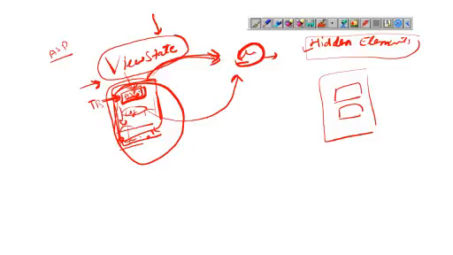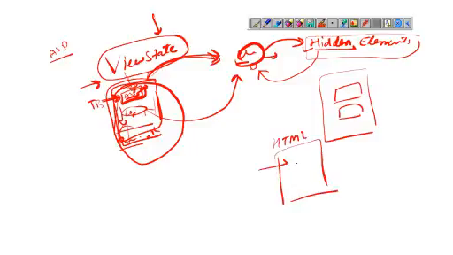So what the server does is save this information in a hidden field. A hidden field is HTML, it is markup. After composing the response, this hidden field will be sent in the HTML response. So whatever response you get from the server, plus there are hidden fields related to this information.